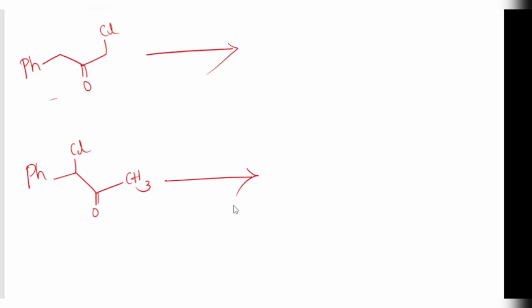These are the two isomeric alpha chloro ketones, we can call them. Suppose we add OMe, that is sodium methoxide in methanol, and here also sodium methoxide in methanol, we will get the same intermediate,